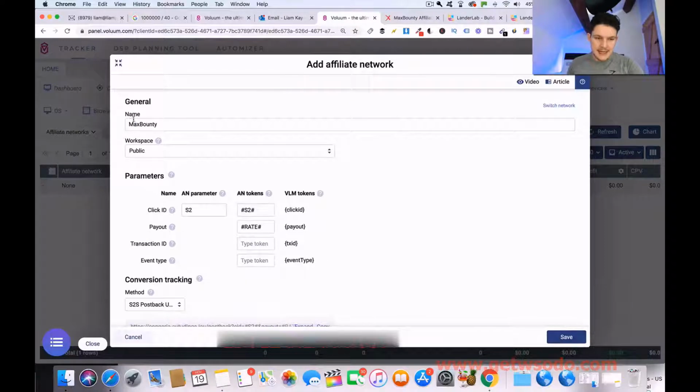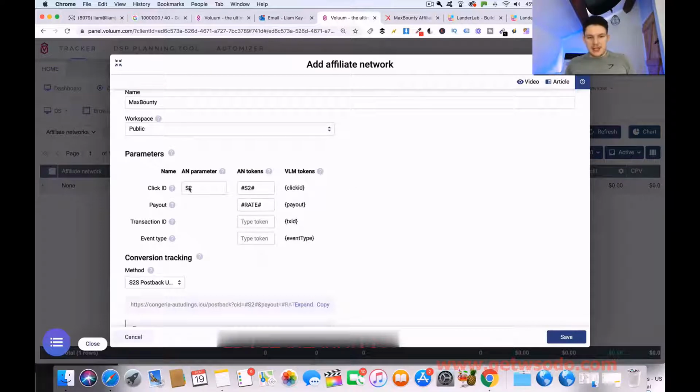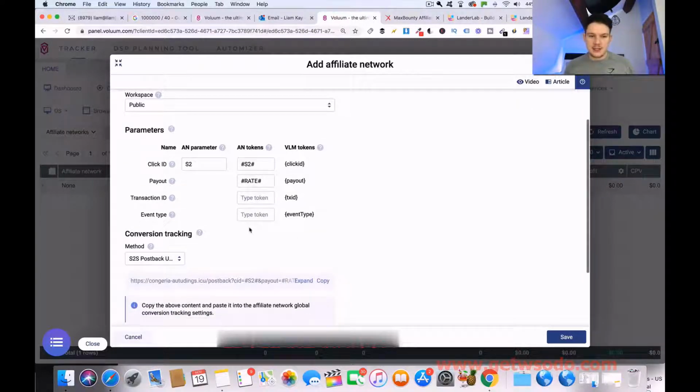And then inside here, it's just going to save it here, Max Bounty. And this information here is basically how it speaks to the affiliate network so it can track clicks and track conversions. And if we were just setting up a brand new affiliate network which wasn't in here, it wouldn't have this information in, and then we would have to go and find it from the affiliate network, and we'd have to come back, and it gets quite messy. So in this instance, it's already got the information filled out for us,